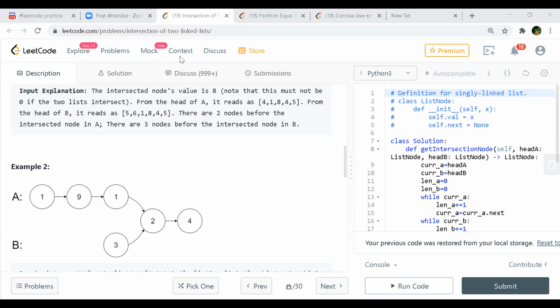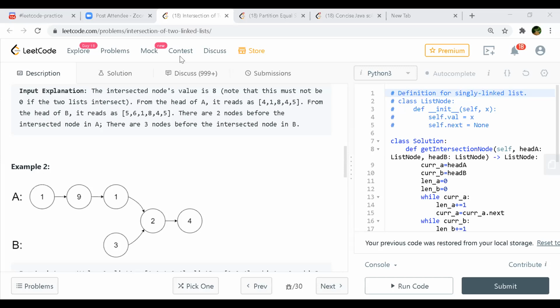So you will take one list and go through it, put that in the hash set, and then you will start iterating with the second one, and just look in the hash set. If it is there, then return that value. In the hash set, will you be pushing the value or the address? It will be the address of the node, because values can be similar in both. Absolutely, that is right. So that is one approach. And what are the other approaches?